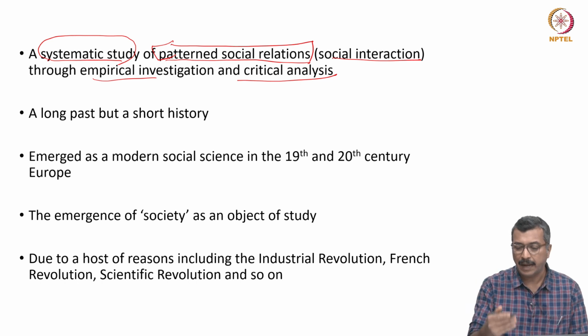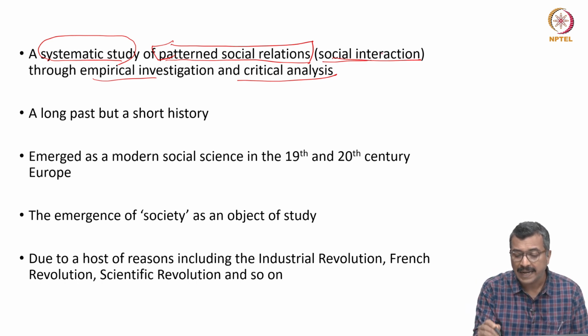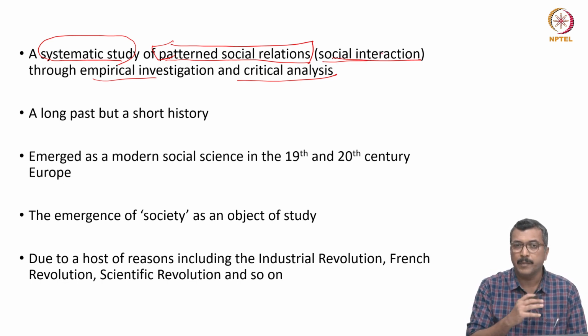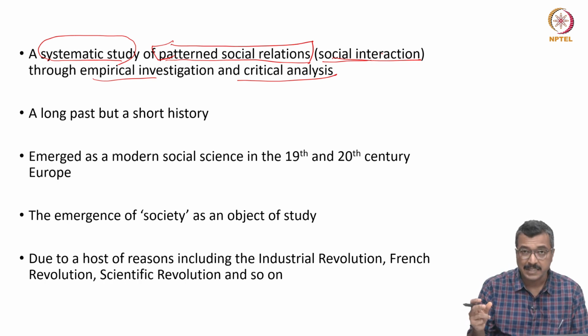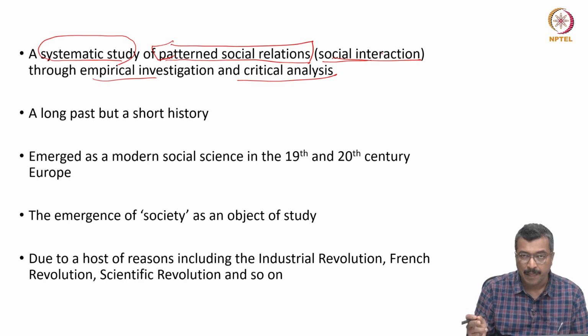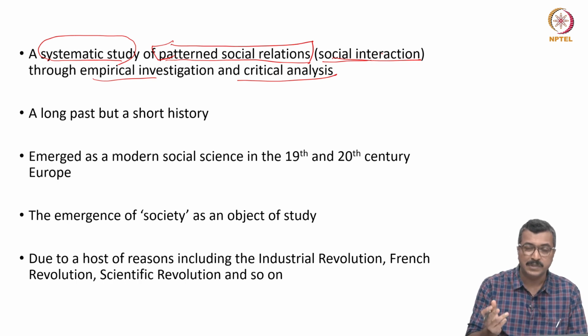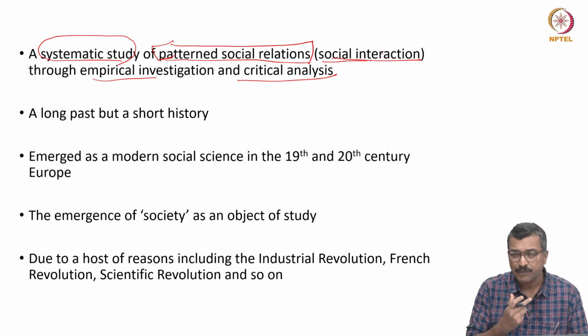In other words, it is known as social interaction, a more concrete form of social relationship. When people come together and begin to interact, after some time you will see the relationships will no longer be random. They would have assumed certain specific characteristic features.